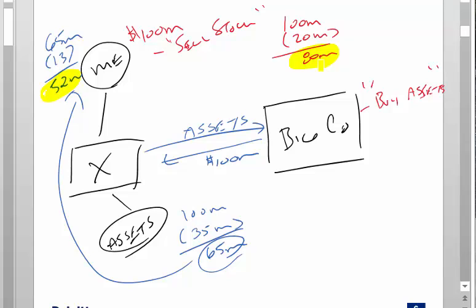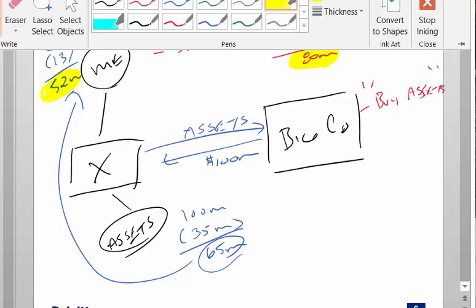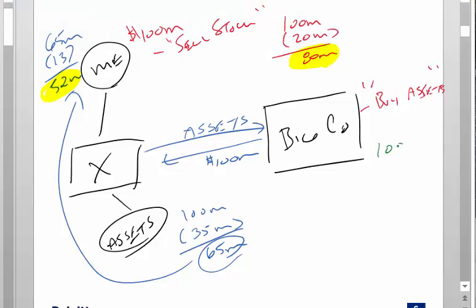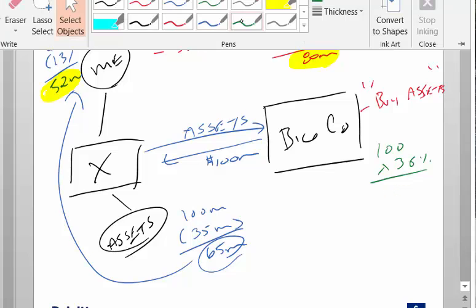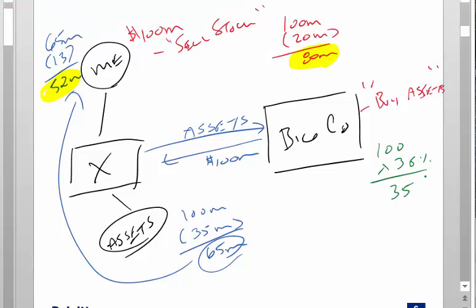So buyer's going to say, hey, but what about me? I mean, if I buy assets, then I get to deduct the $100 million. But if I buy stock, I don't. So from a buyer's perspective, there's a benefit of 35% of the 100. So there's a 35 benefit. So in theory, you could make this work, right? I save 35, I'm the buyer, but it only costs you another 28. Like, there should be a way we can make this work. But why doesn't it work?